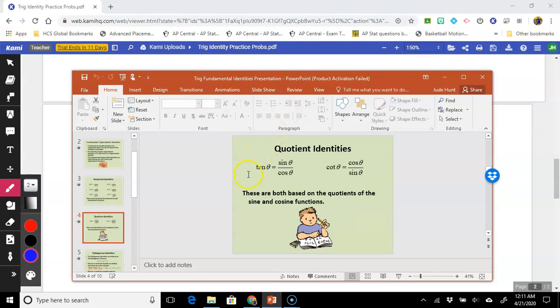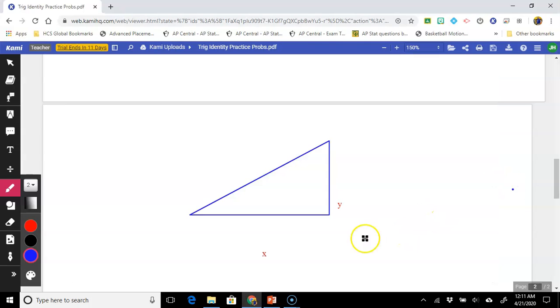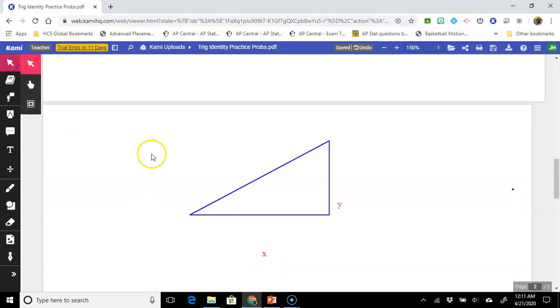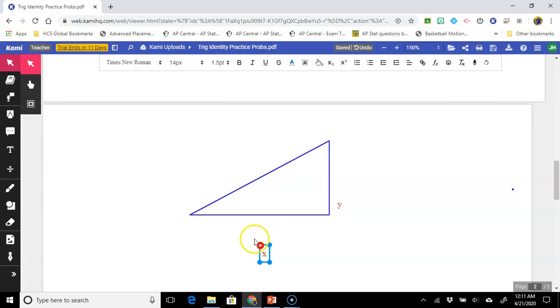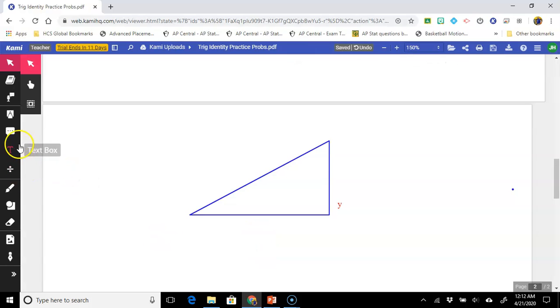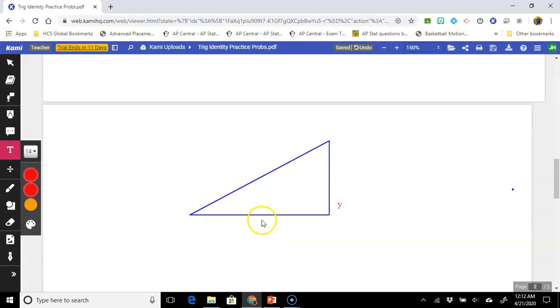The next thing we're going to look at is the Pythagorean identities. But before we do that, I want to explain what the Pythagorean identities are based off of. You'll remember when we learned the unit circle, and I'm trying to move this around a little bit. Hold on. When we learned the unit circle, we learned that